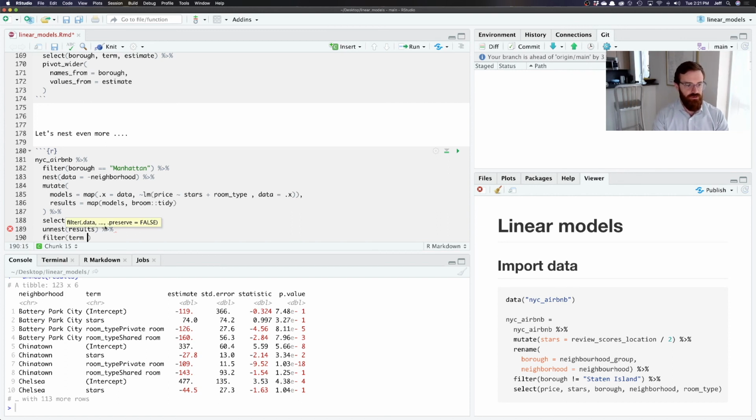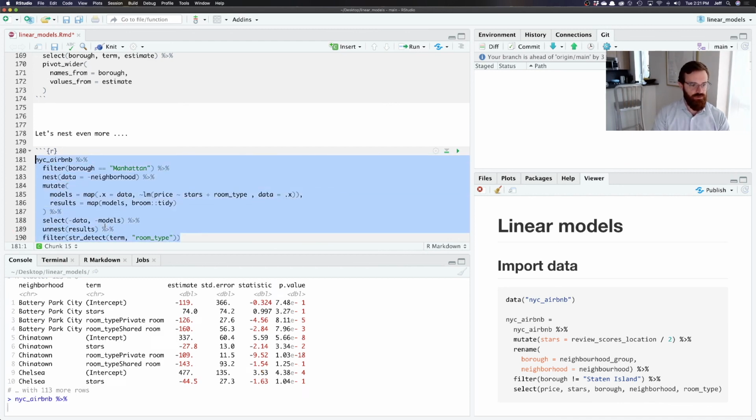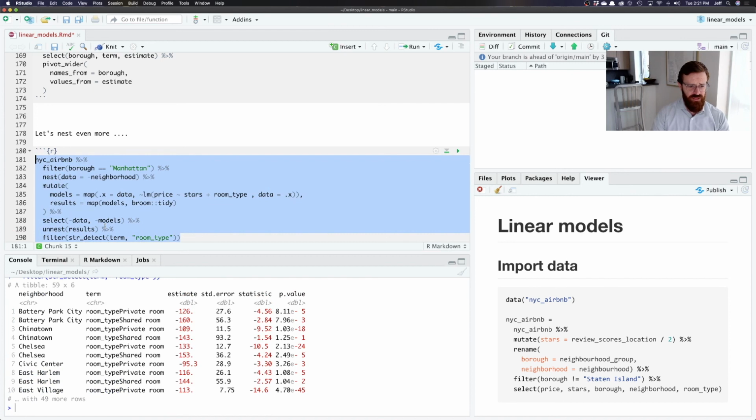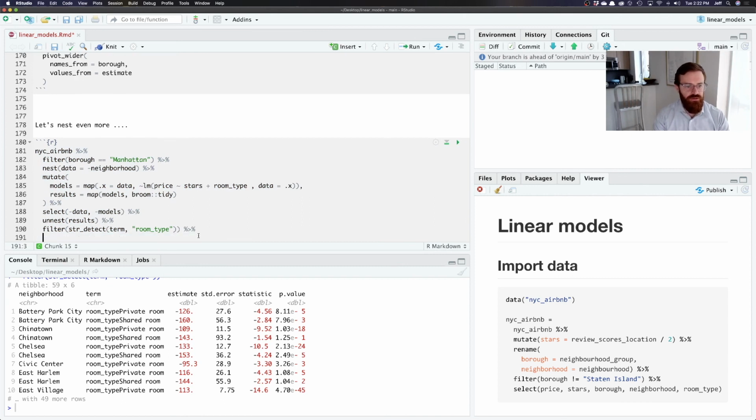Let me filter, str_detect in term the string room type. Check that this works. So now I've got room type private room and shared room. And what I'm going to do next is mostly look at the coefficients here. So I'm going to make a plot of this: ggplot, on my x-axis, let's say neighborhood,